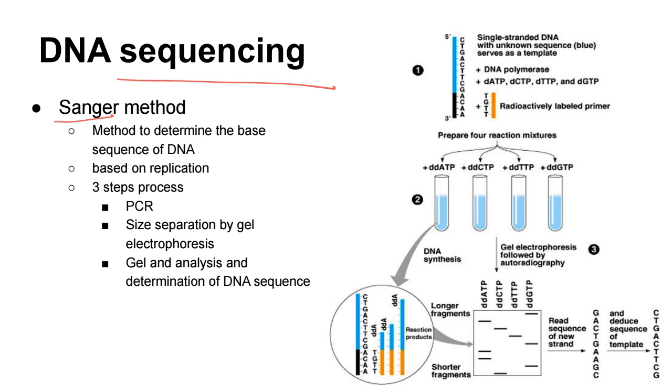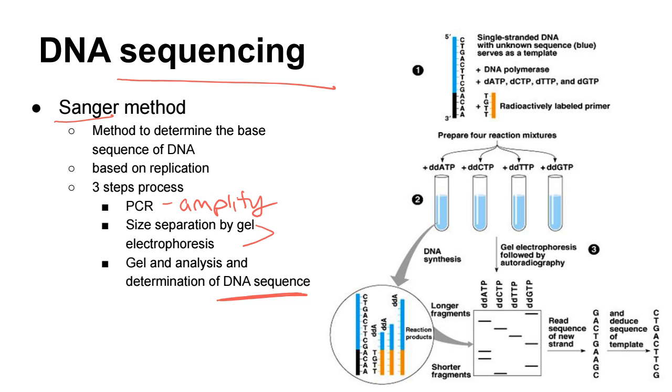It's a 3-step process. Basically PCR will need to happen. We'll need to amplify that DNA, make sure there's enough of it, separate it by gel electrophoresis, and then we can analyze the gel and what the gel tells us to determine the sequence. You guys do not need to know details of these kinds of things. I'm just exposing you to this variety of techniques, and we'll look at some experiments that